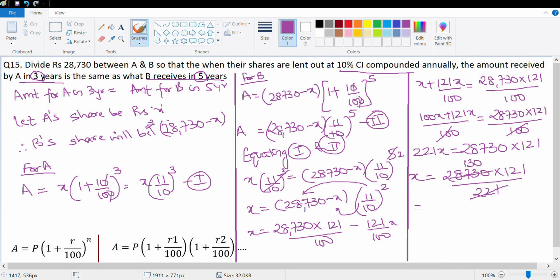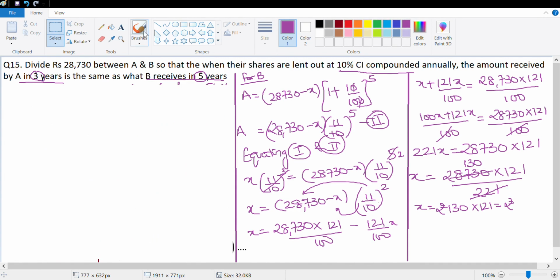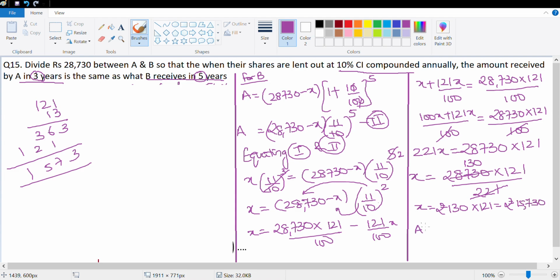130. Now x is equal to rupees 130 into 121, which is equal to, let me erase some part of the first line so that I have space to finish this question. So this is 130 into 121. 121 into 13 is 363, 121, 3751. So is equal to rupees 15,730. So A's share is equal to rupees